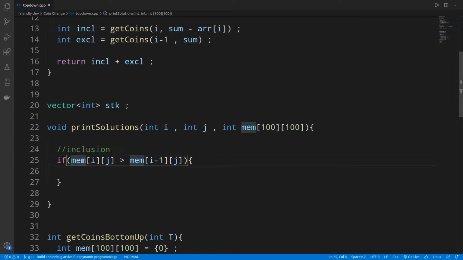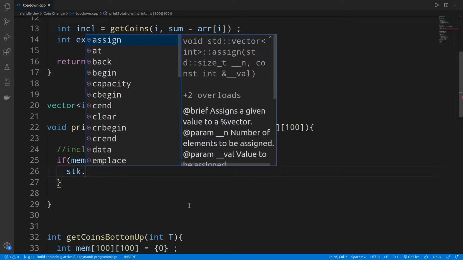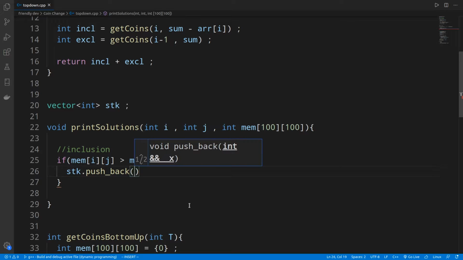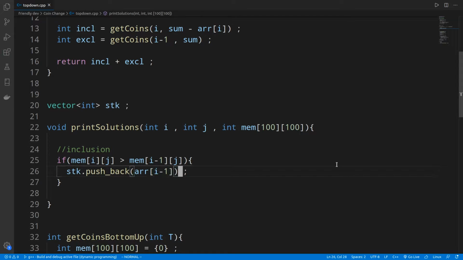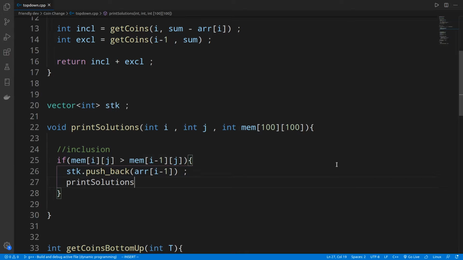Okay, so if our current item is greater than the previous row, what do we do? We take the inclusion choice and we push the current item onto the stack. What is the current item? The current item is 6 here. So initially our i will be equal to n or 4, and the array item indexing starts from 0. Okay, so we push the array item onto the stack, and once we include the current item, we move to